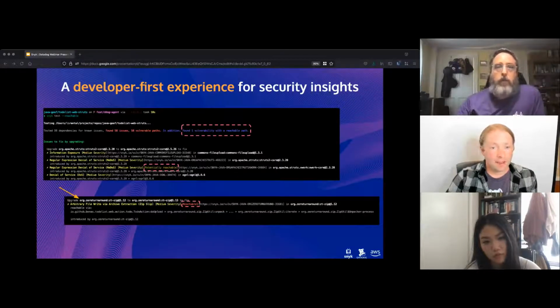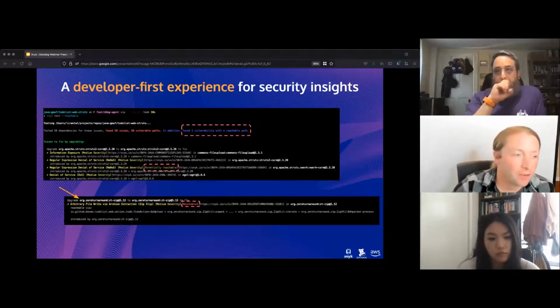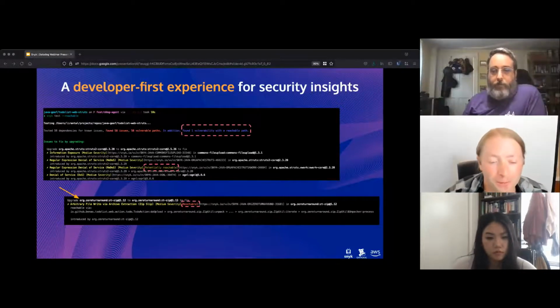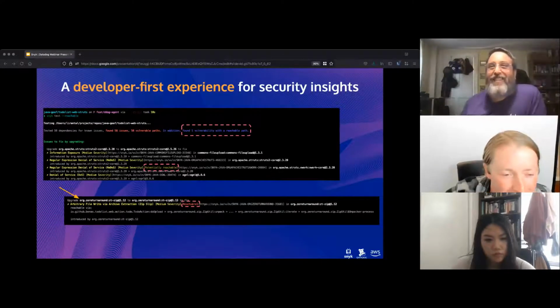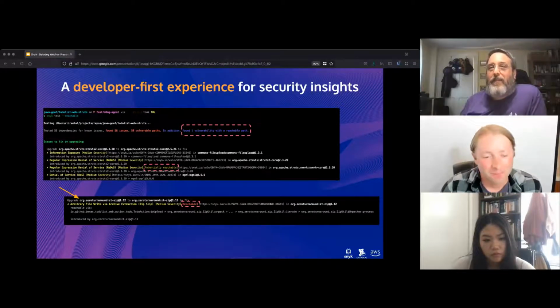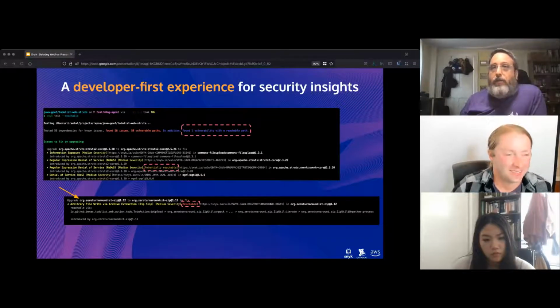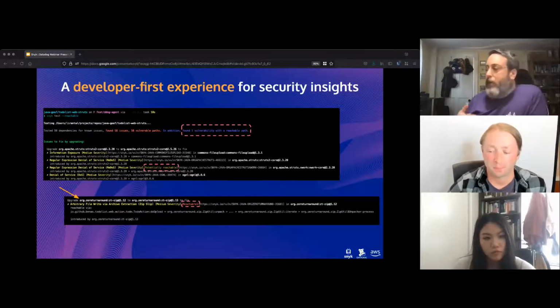Yeah, and then on the command line, the experience is very, very similar, right? We're just running some of the command, and this is quite small, so you'll have to forgive me if I'm leaning in a little bit to read it, because it's both a Java app and also vulnerability information, so it's quite dense, right? And you'll note that there are some additional capabilities, like being able to test for reachability,